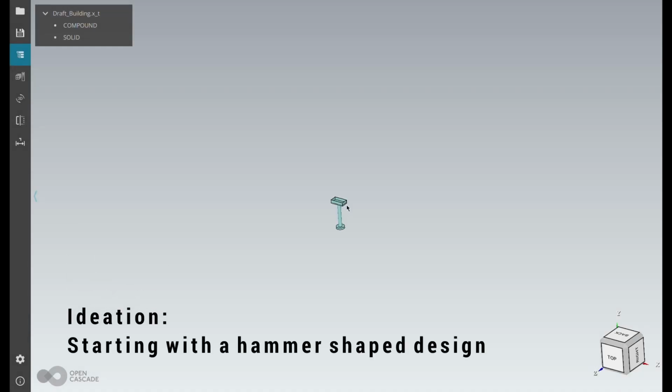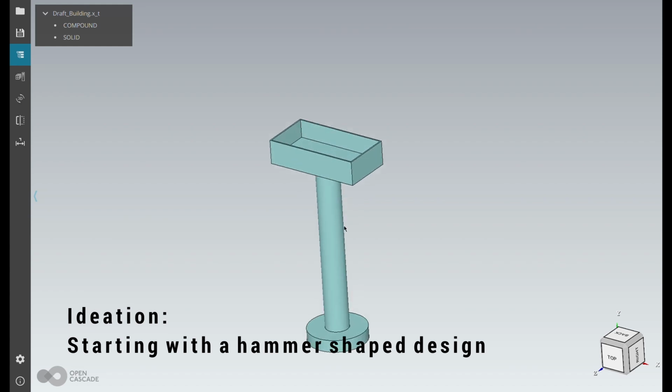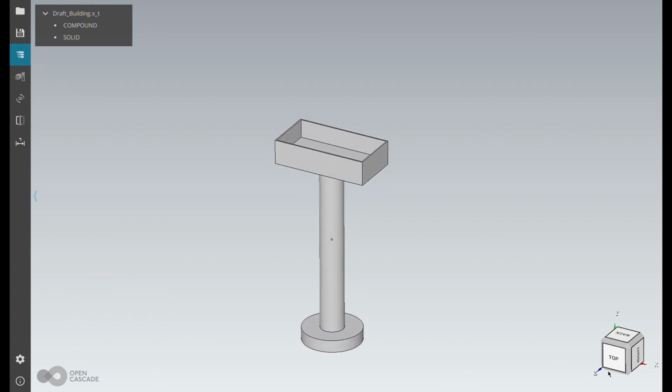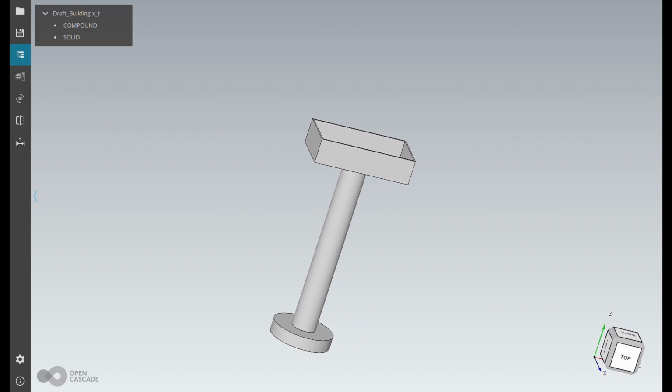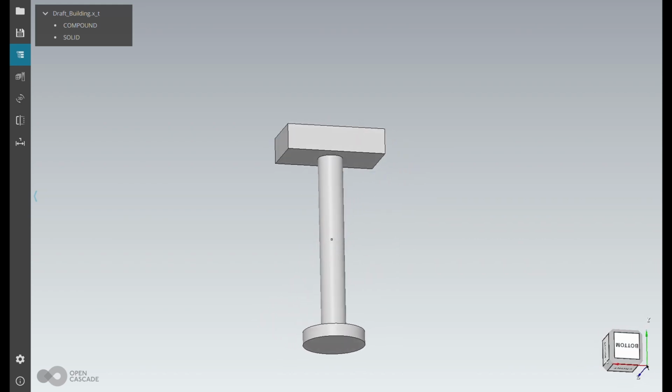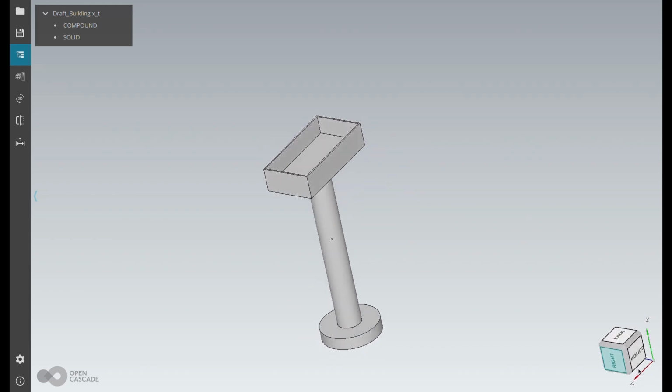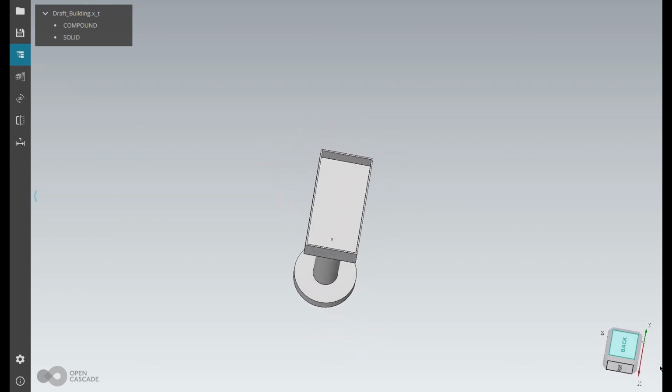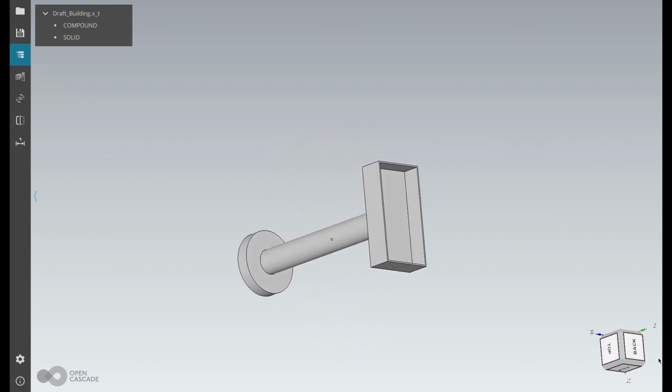In terms of ideation, we visualized our ideas with sketches and quickly came to the consensus that a hammer-shaped design would be the most effective and most interesting to explore as a potential final design. So upon making this decision, a rough prototype was made on SolidWorks, which was distinguished by a rounded pillar and